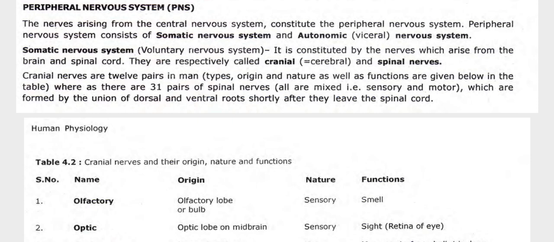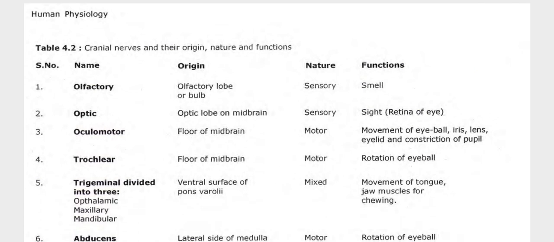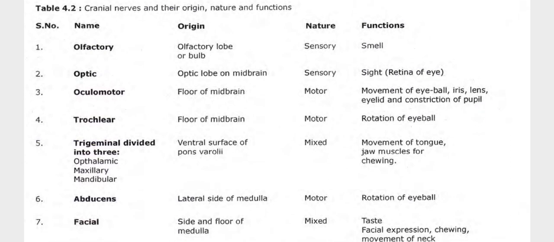Whereas there are 31 pairs of spinal nerves. All are mixed sensory and motor, which are formed by the union of dorsal and ventral roots shortly after they leave the spinal cord. Like olfactory, origin olfactory lobe or bulb, nature sensory, smell, then optic, origin lobe on midbrain, nature sensory, function sight, like retina of eye, like that, oculomotor, trochlear, then trigeminal divided into three, like ophthalmic, maxillary, mandibular, like ventral surface of pons varolii, nature mixed, movement of tongue, jaw muscles for chewing